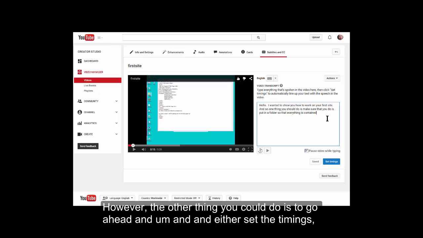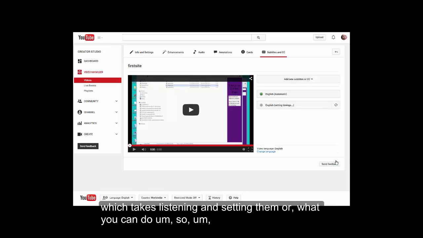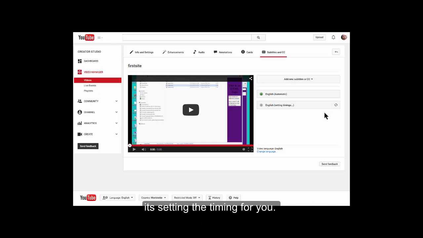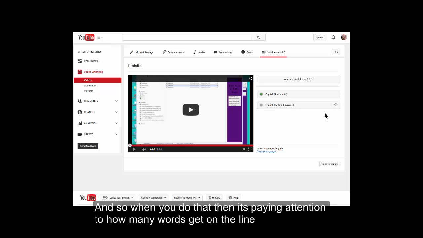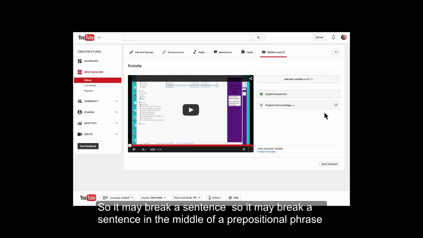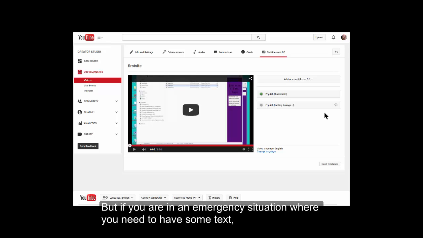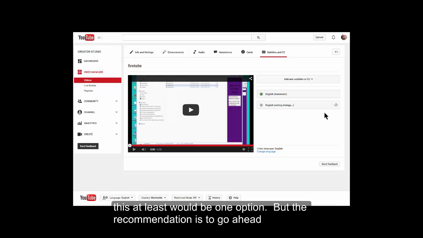either set the timings, which takes listening and setting them, or you can let YouTube set the timings for you. And so when you do that, then it's paying attention to how many words get on a line and that kind of thing, but not to the English phrasing. So it may break a sentence in the middle of a prepositional phrase, or it may not be the perfect settings. But if you're in an emergency situation where you need to have some text, this at least would be